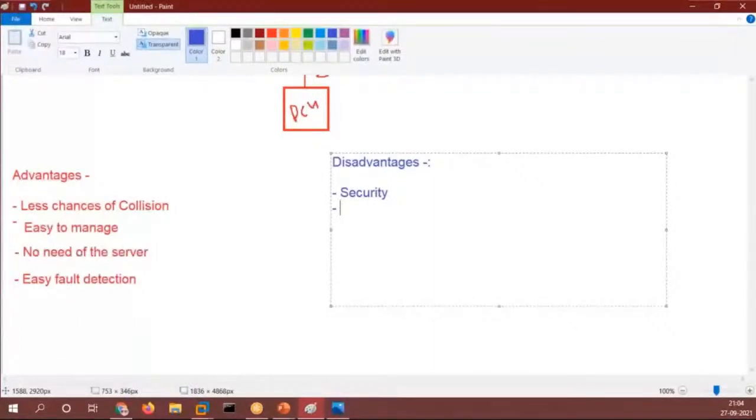Now, what other disadvantages are there? Performance will be slow. Okay. Now, if one system fails, the whole topology will fail. Agree, everyone?